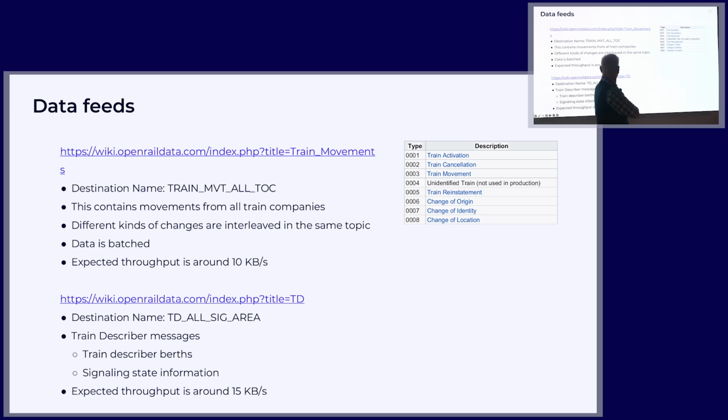In addition to that, I can get the TD, the train describer data out as well. Train describer data actually tells you where the train is at that very moment. It breaks it down into so-called berths. Are you aware what the berth is? There's nothing going on. Fantastic. A berth is a space between two signals. If you have more than one train in a berth, you read about it in the paper next day because there has been a crash. So that berth defines exactly where the train is. A reasonable resolution between two signals, whatever the distance is, 500 meters or something like that.